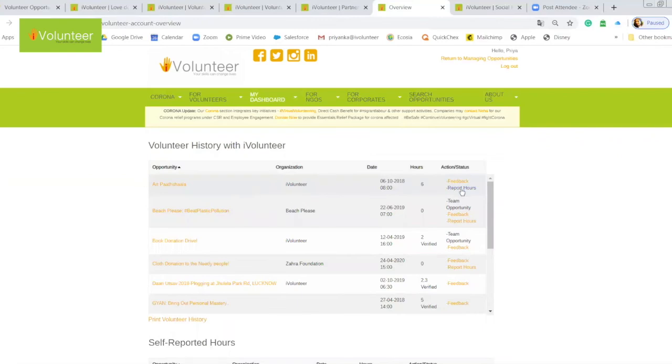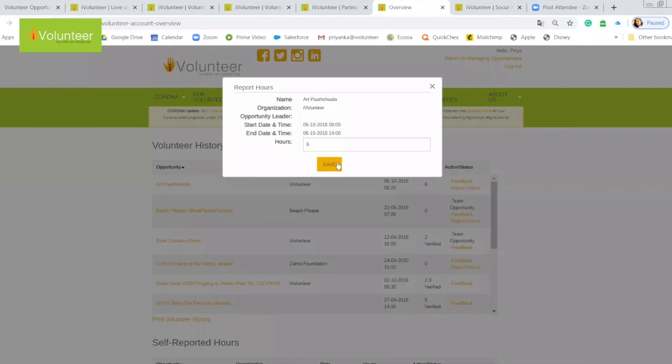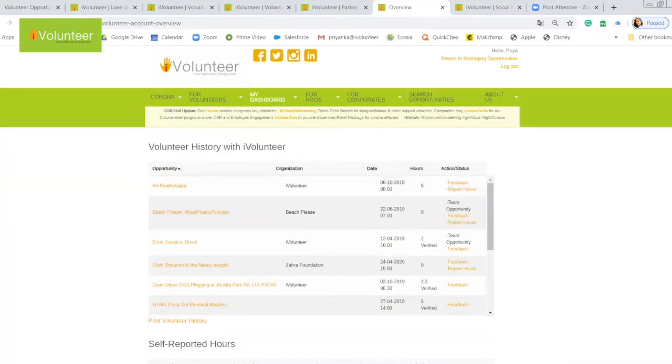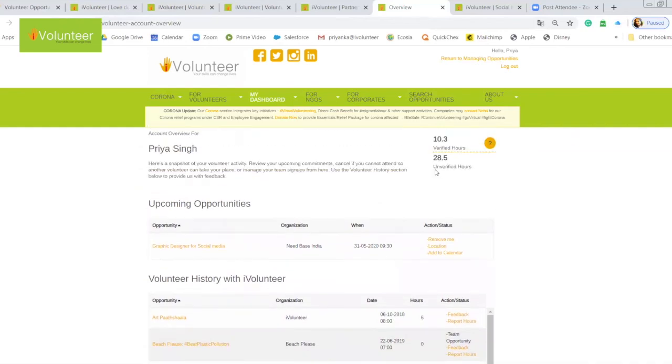I can also report my hours, adding that I was there for these many hours. Once the NGO marks my attendance and confirms my reported hours, that's when my hours get verified. So if you see, 10.3 hours are verified hours. These were the hours which have been verified by the NGO.